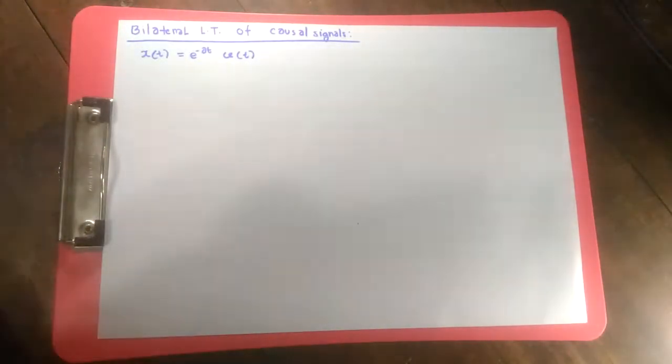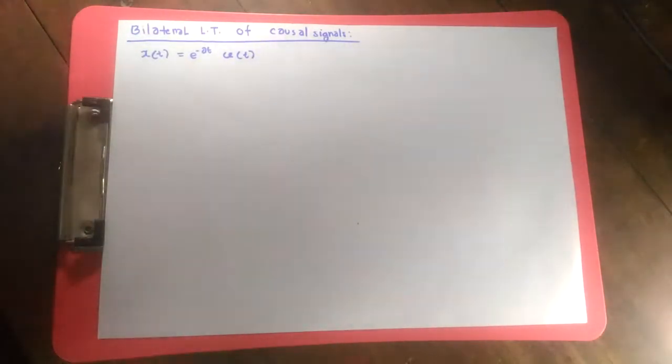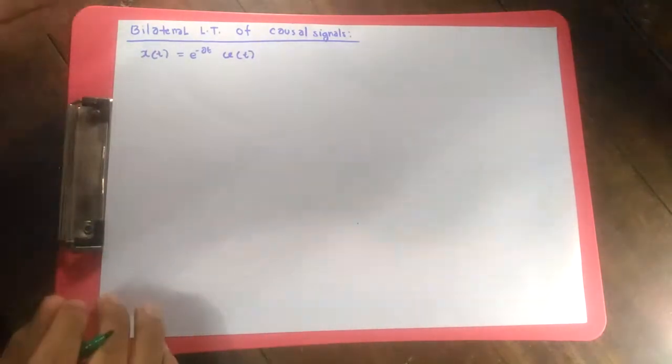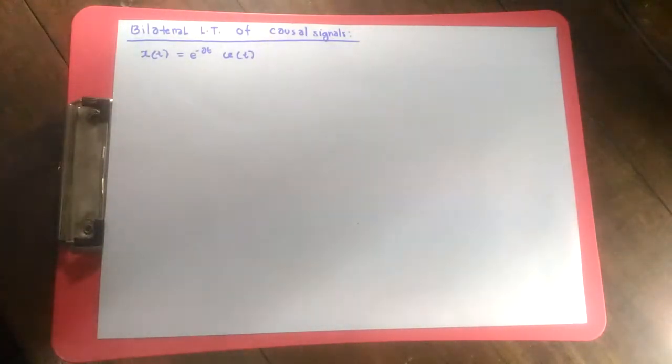So we are going to do some bilateral Laplace transform right now. This will make our concept more clear as we proceed into the math. Alright, so this is our signal, and as it is written, it's called a causal signal. We're going to do the bilateral Laplace transform of causal signals, and the most famous causal signal in the whole of Laplace transformation